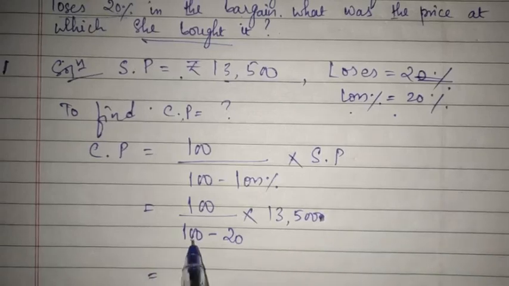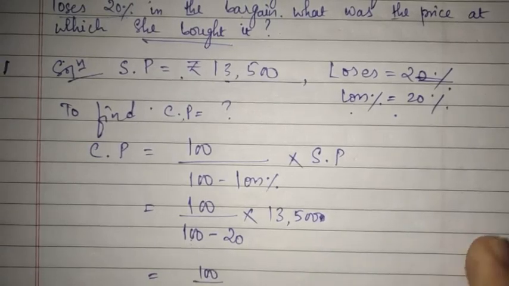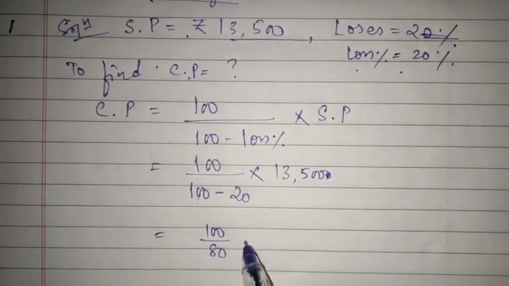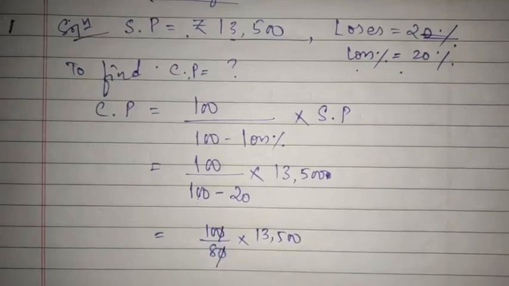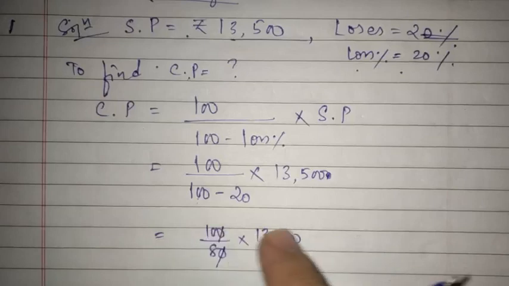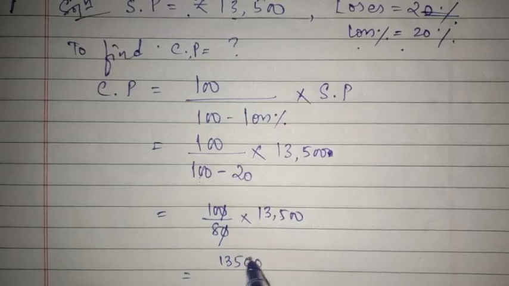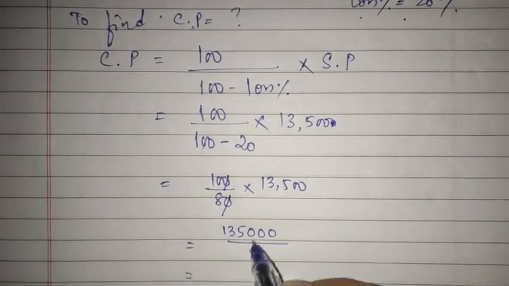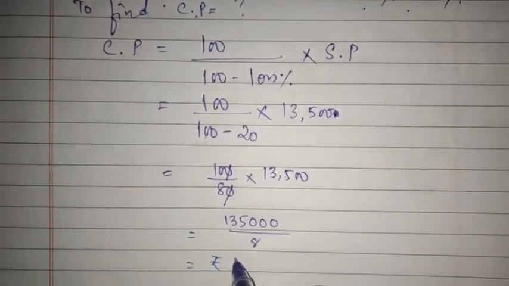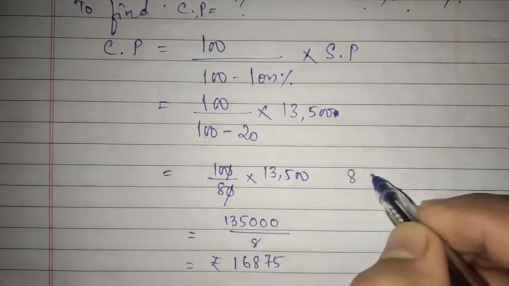So first of all you have to subtract this. 100 divided by 100 minus 20 is 80, into 13,500. Now cut this 0, and nothing else can be deducted, so just multiply this. We can divide, but first let us just multiply. 13,500 into 100, divided by 80, when you divide this you will get rupees 16,875. Okay, how I'm getting this is